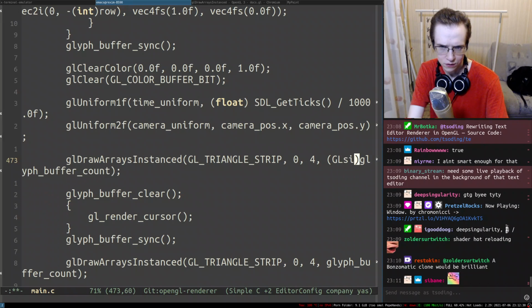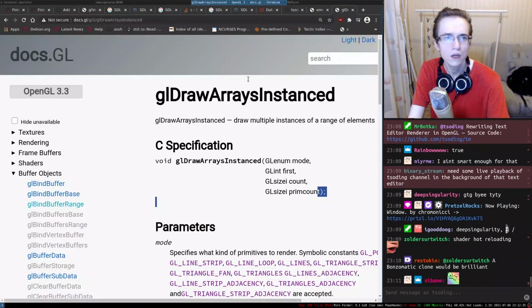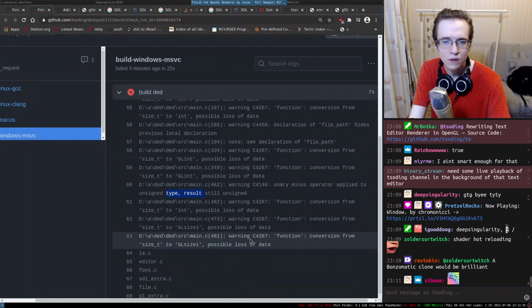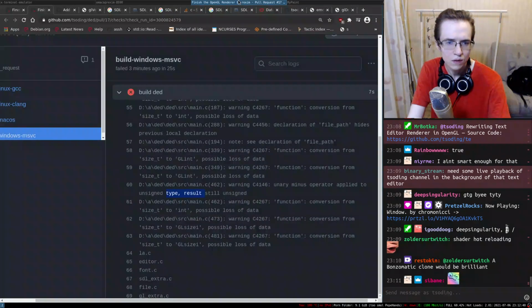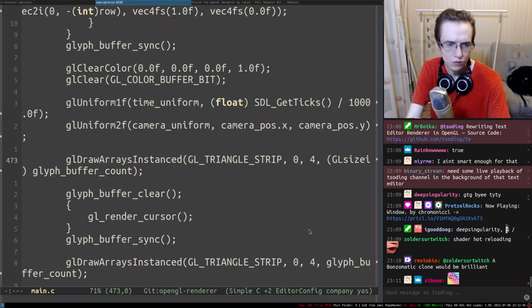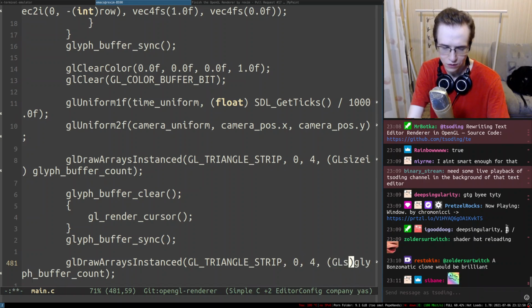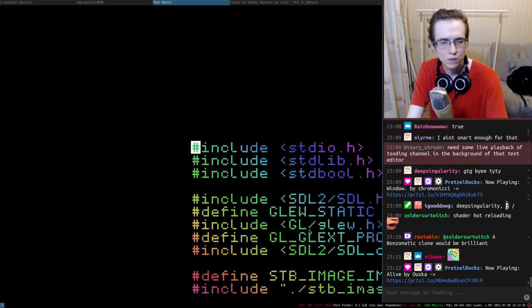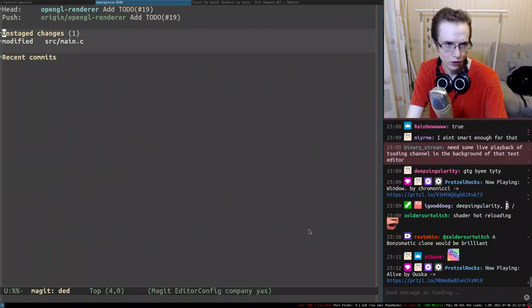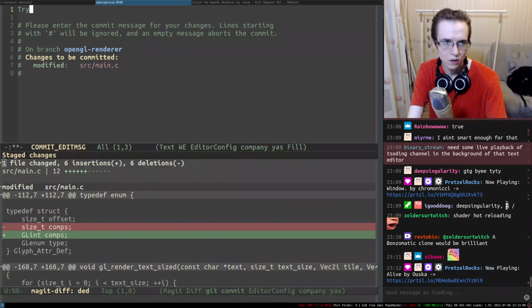So GLsizei, and in here 477. 481. The same situation. Okay, I think I fixed everything. Hopefully. Okay, so I'm gonna try to fix the MSVC build. Try to fix MSVC build.